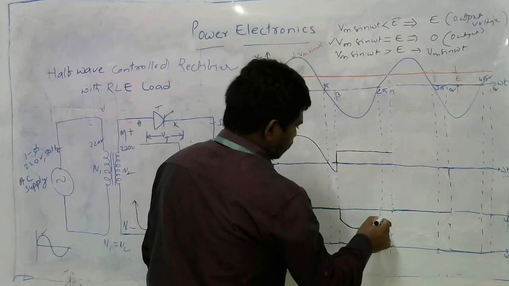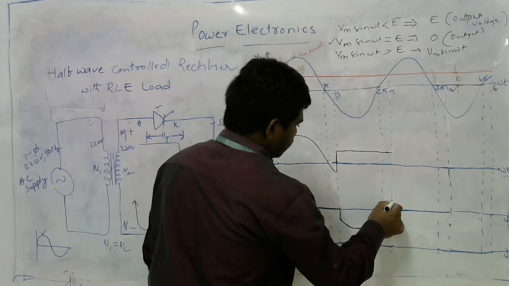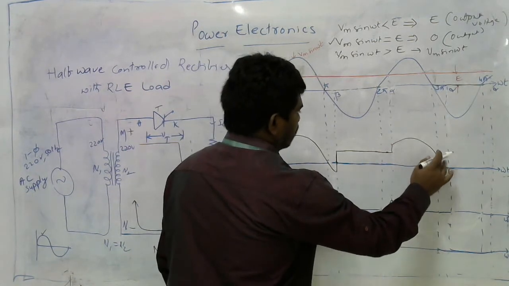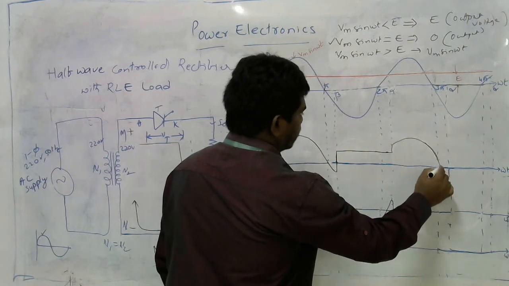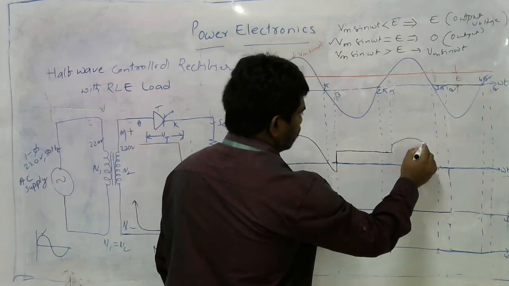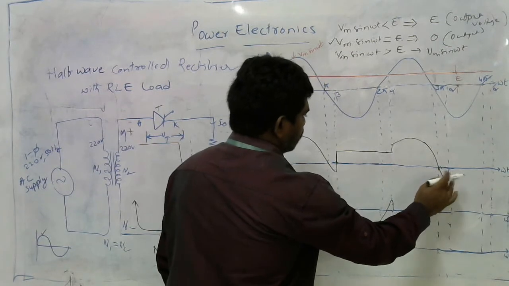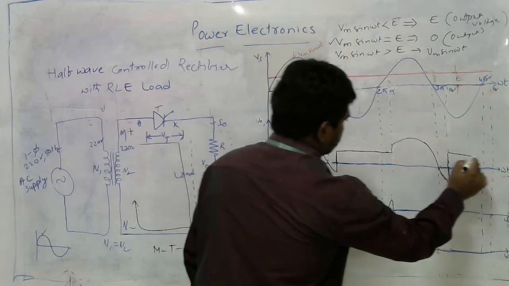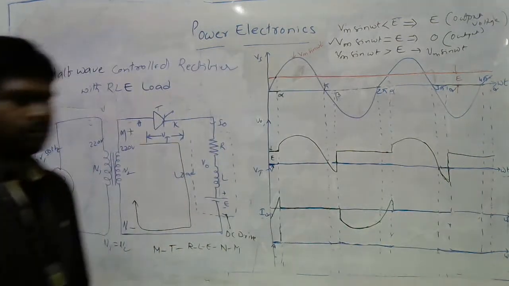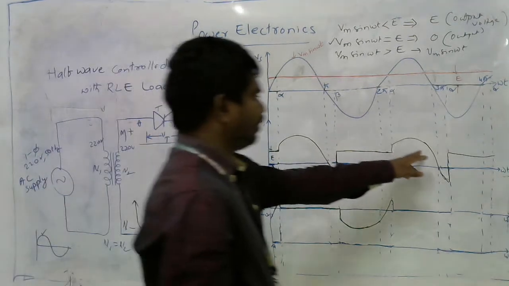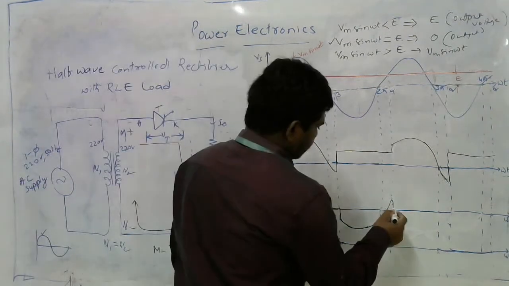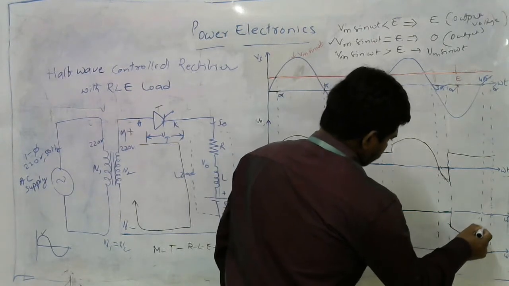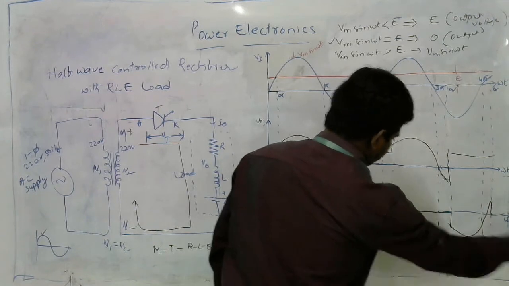Okay, thereafter it is having some value. Then we can say here, this one for the second cycle. Right, like this, and we have only back EMF during the negative half cycles, and we can see this one again up to this point. This is the amount, the negative value.